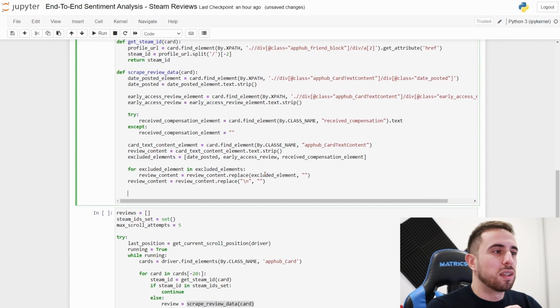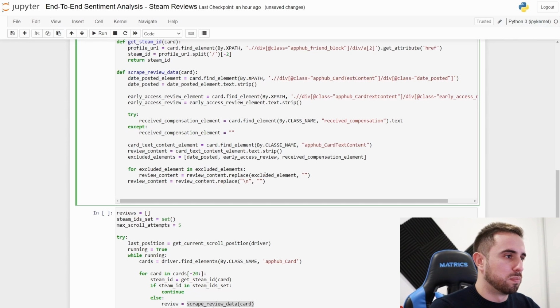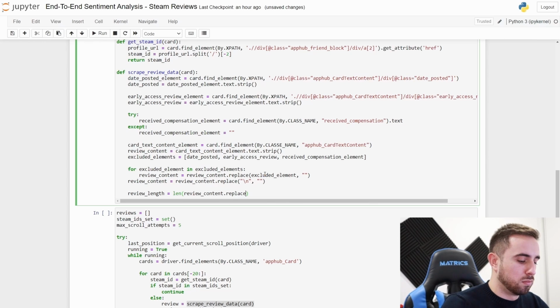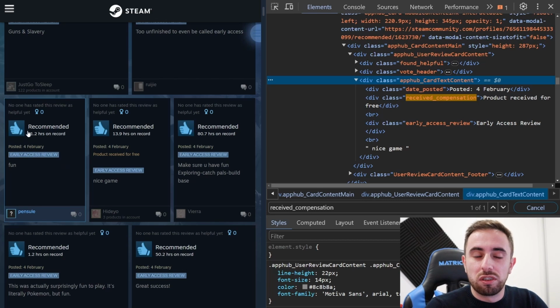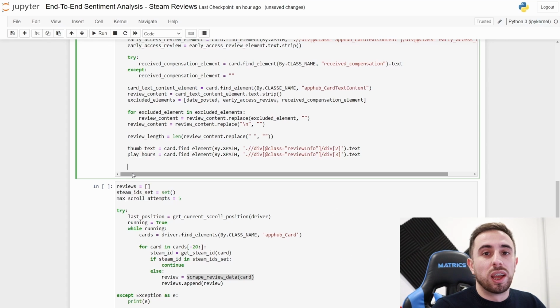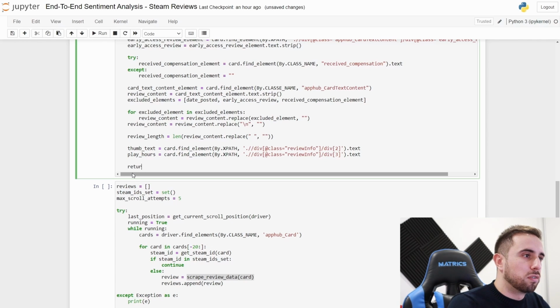Now we want to retrieve or calculate the number of characters inside the review. And to do that is very simple as well. And finally, let's retrieve the recommendation, recommended or not, and as well the number of hours on record. And the final thing to do is to return all of these data. So return